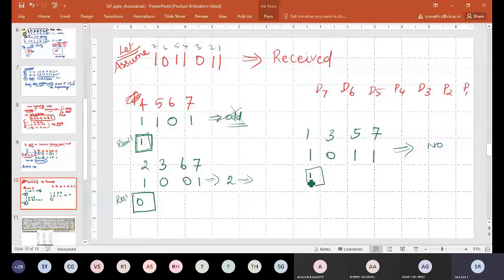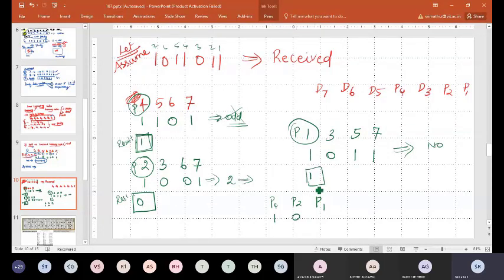Now, this is the P4 bit, this is the P2 bit and this is my P1 bit. Am I right? This is P1 bit, this is P2 bit and this is P4 bit. I need to write from MSB to LSB: P4, P2 and P1. Combine this result. What is my result here? The result is 0. There is no error.